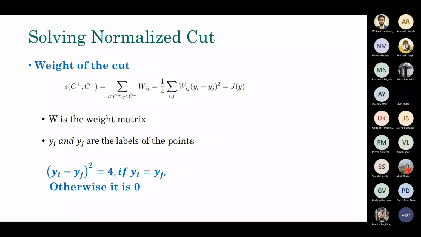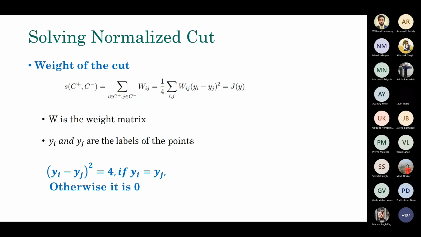Which is Wij. And now I also have the labels of these objects, Yi and Yj, and so on and so forth. So Y is basically the label, either +1 or -1. +1 means the object belongs to one group, -1 means another group. It's basically bipartitioning, right? So Y is the label which will tell whether I belong to this group or that group. And Wij is the weight matrix and so on.